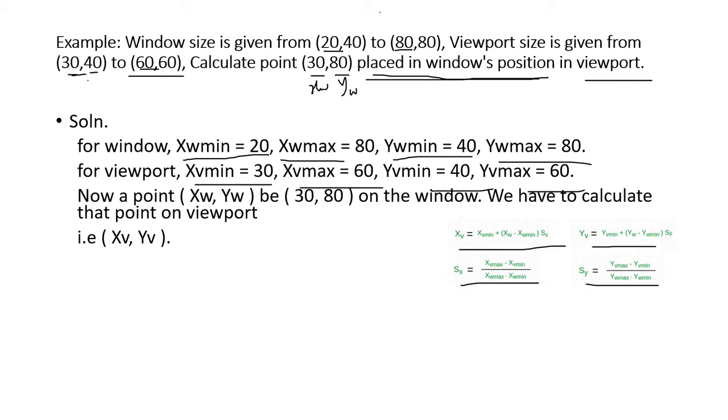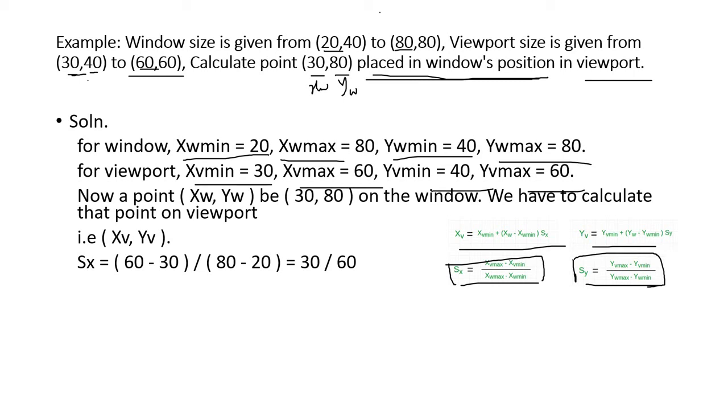Whenever we are calculating, first we need to figure out the value of Sx and Sy, because these are the main two decision parameters that are going to help you reach the xv and yv part. This is the main thing. So first of all, try to figure out the value of Sx. It is going to be half. The value of Sy is going to be half also. I am putting just the values given over here. That's it. Now calculate the point xv and yv.